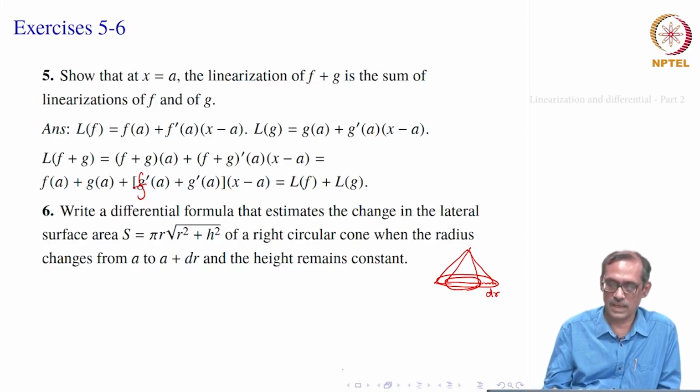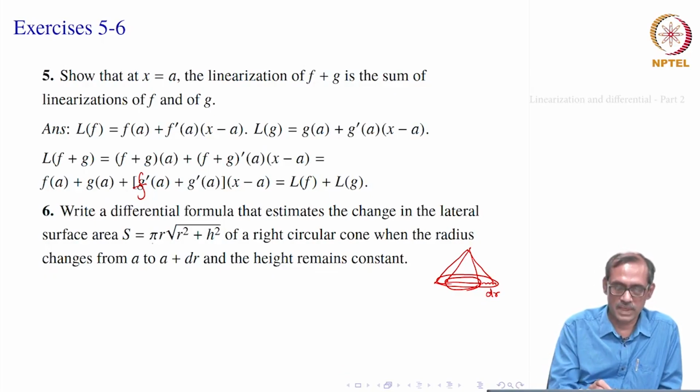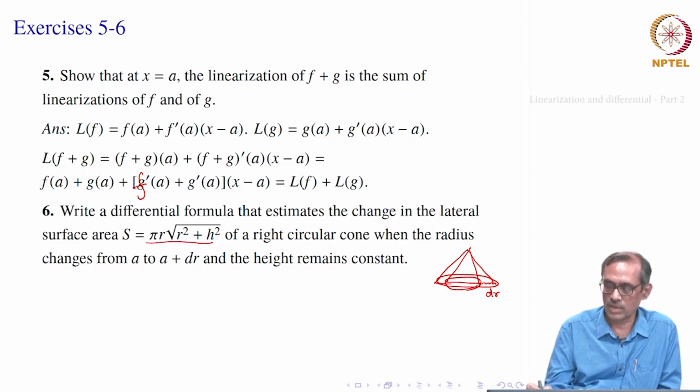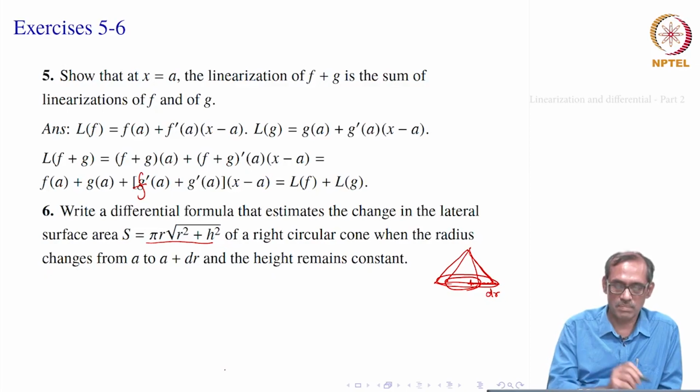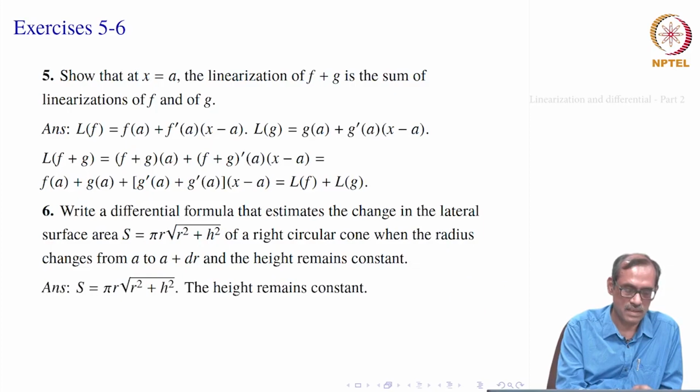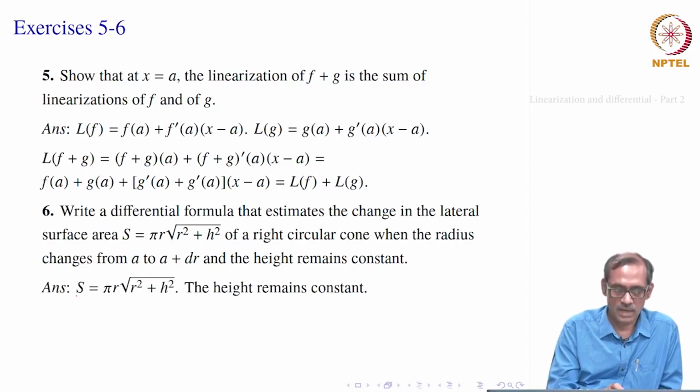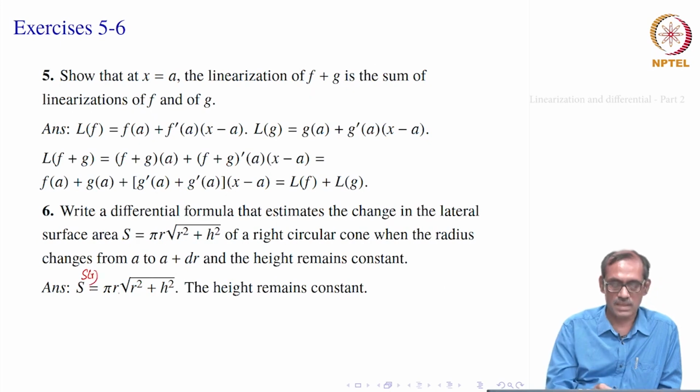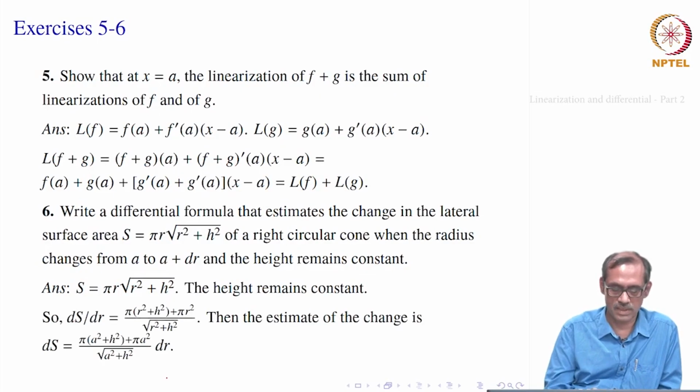So, this surface area formula is given, of course, you know, pi r into square root of r square plus h square, this is r, and the square root of r square plus h square. So, that is pi r into square root of r square plus h square. We want to find the change in that function. So, here we take s of r as a function, s of r is pi r into the square root of r square plus h square. Height is remaining constant, h is constant.